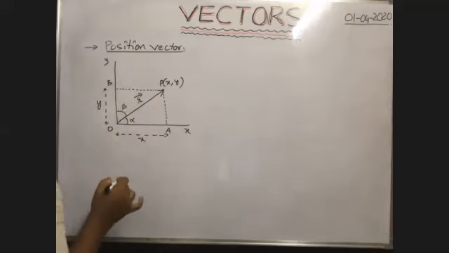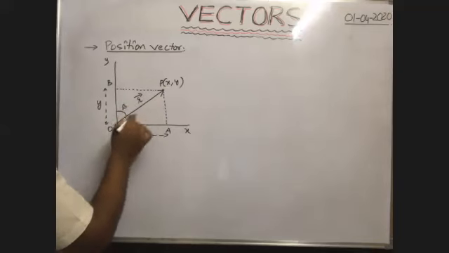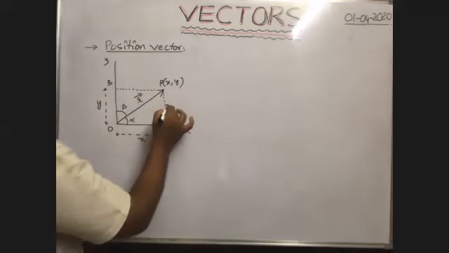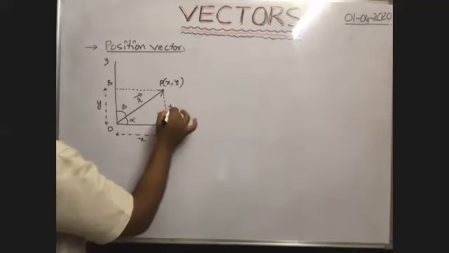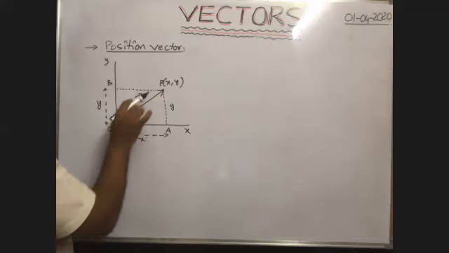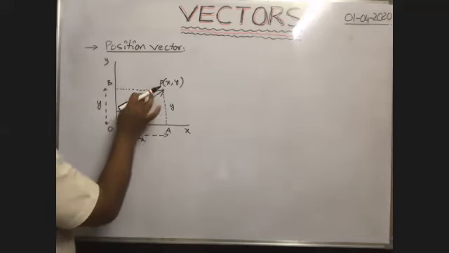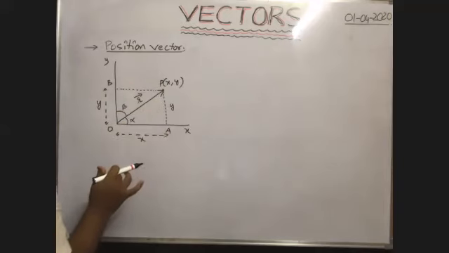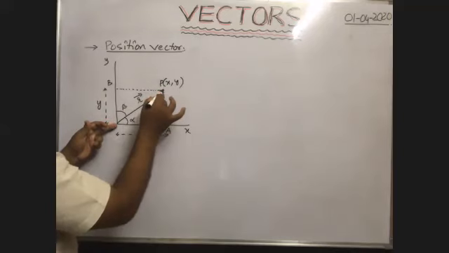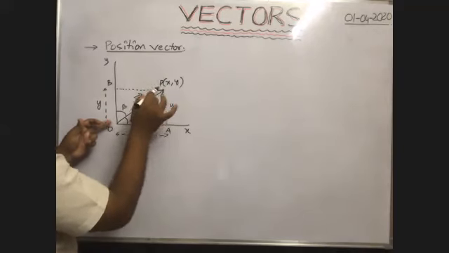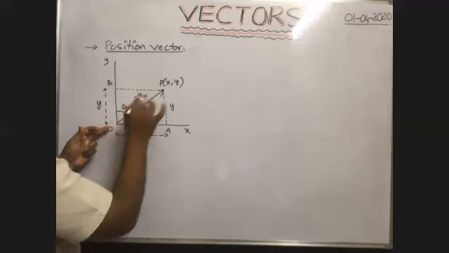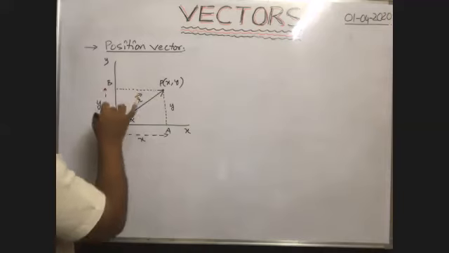Okay, then here from this right angle triangle, if it is y, this is also equal to y, no? This is also equal to y. Okay, now suppose here this is the position vector component along x-axis. Position vector component along x-axis means if this is the displacement of the particle from the origin, then what is the displacement of the same point along x-axis means this one. This is called the x component of this position vector. Similarly, y component of position vector.